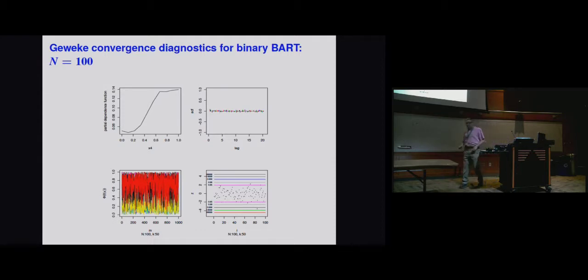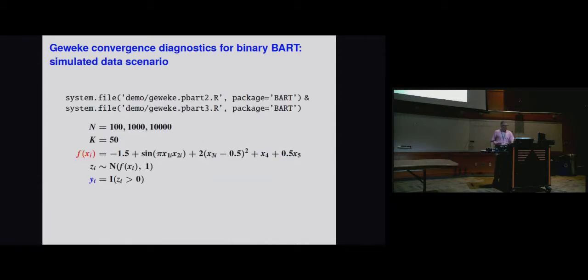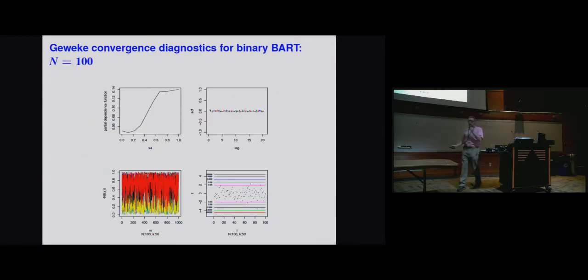Okay, so these are the 4 plots that the example creates. So x4 should be pretty much a straight line. Let me just put x4 up again. So x4 is just a linear term. So I'm keying off of that. This is simulated data, and we know what the truth is. We know this should be a straight line. Okay, but with n of 100 and 50 variables, it doesn't get very straight, right? That's sort of the nature of the beast here.